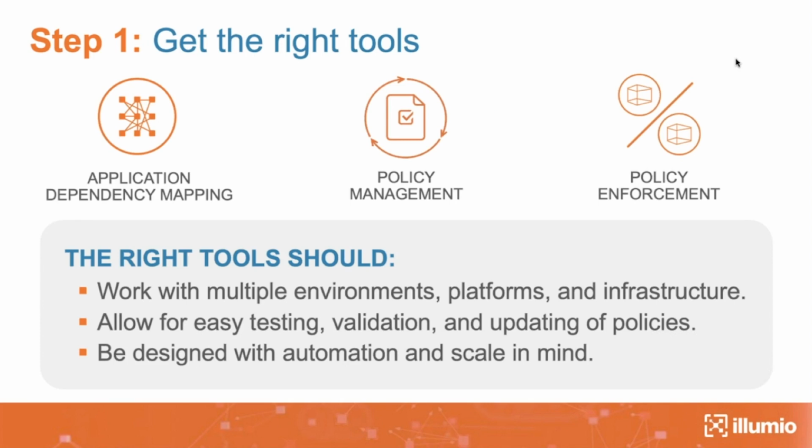The first thing you need is the right tools. You need an application dependency map. Unless you have that, you're not going to be able to devise a good security posture. And you need the ability to drive policy from what you are seeing, not as two ships in the night, two separate things. You want a solution that gives you that visibility, and based on that visibility and the information you provide, will drive the right policies for you. And then also have the ability to not only drive and write those policies, but be able to enforce them. So that's going to be the right tools. You need these tools to get it done right.